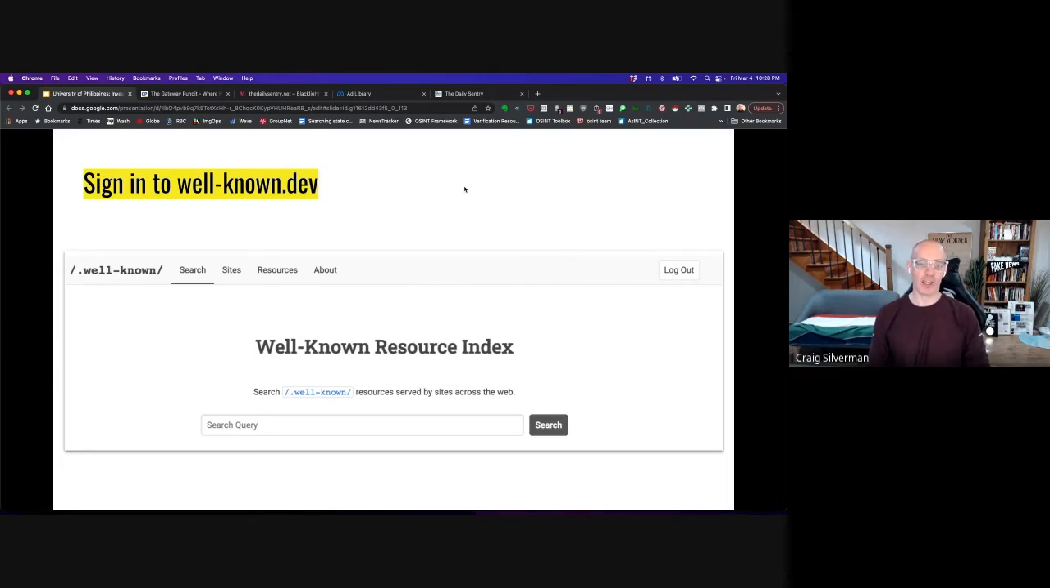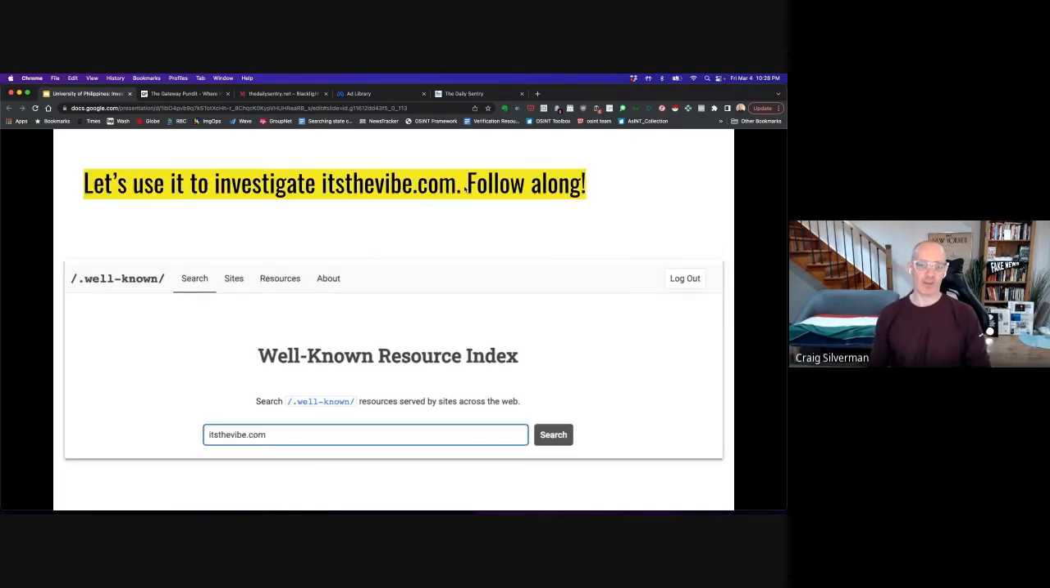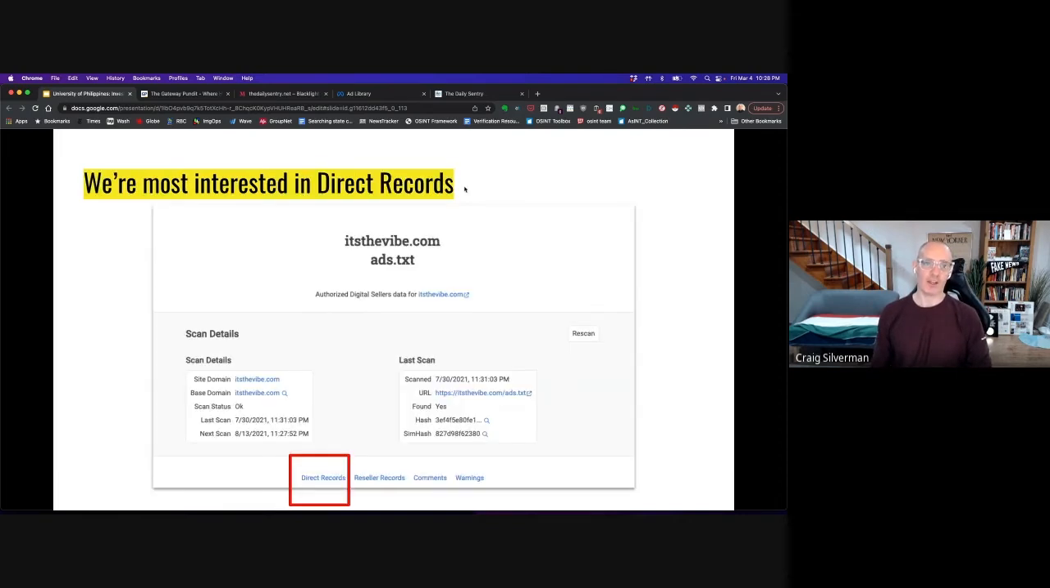You get there, and it basically is inviting you to enter in the search bar. So what would you enter? Well, we could enter, for example, the dailysentry.net. We could put that in there, and then it would give us some results. Okay, but let's continue with our friends at It's the Vibe, and let's put it in there. Let's search itsthevibe.com, and here's what we get. So we get to the page, and it's telling us,